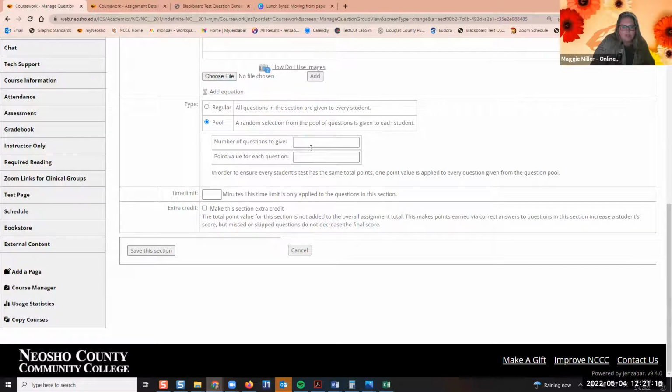And you can choose that right here, how many points for each question. We've got a time limit for each section. Now this can get a little hairy sometimes. We've had some complications with this. We have to remember that if we have a time limit on the whole entire assignment, that's different than the time limit on each section. So I don't actually ever mess with the section time limits just because of that, because it makes me nervous